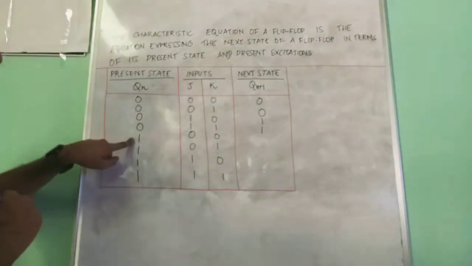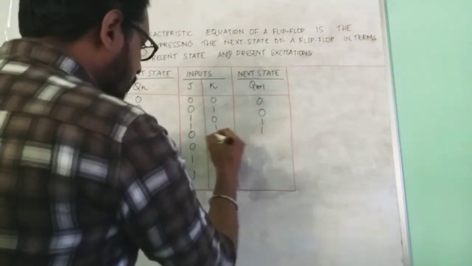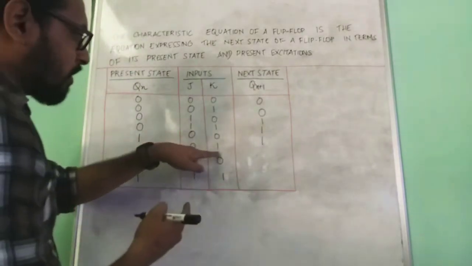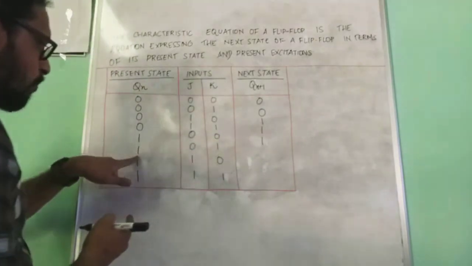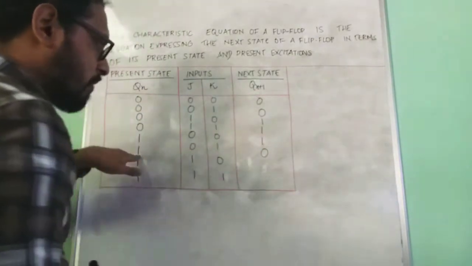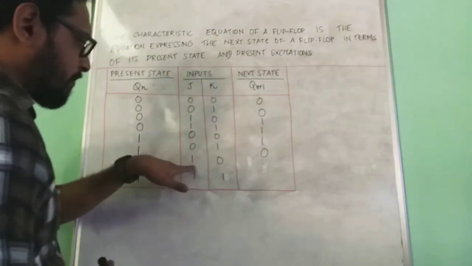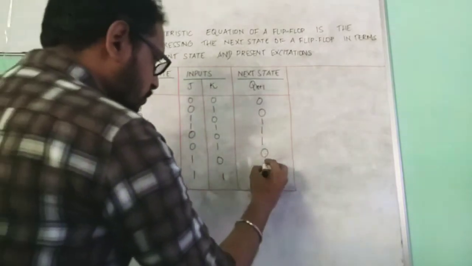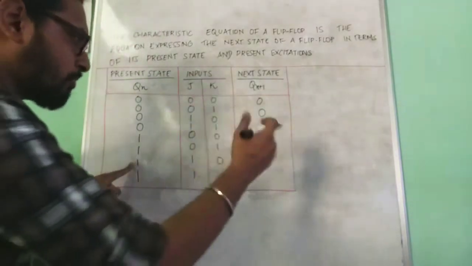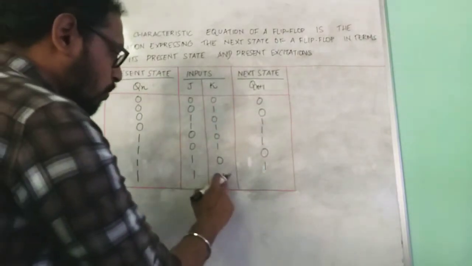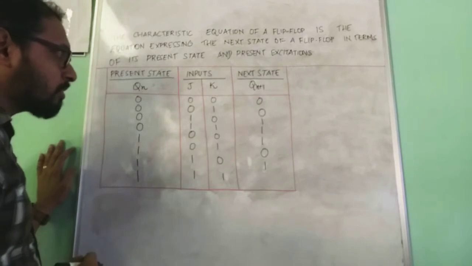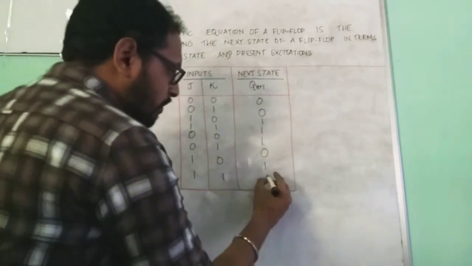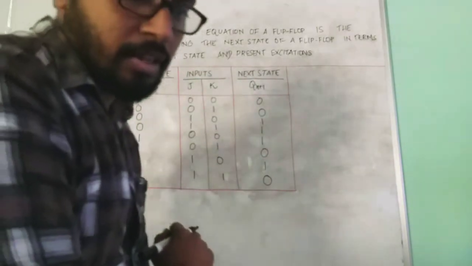And 0 0 no change. That is, the present state is 1, so we put 1 here. Okay, no change. Here we have 0 and 1, that is, reset is 1. Here we have value 1, so reset means we reset the value as 0. 1 0. Okay, here set condition, or the J condition, is 1, so it's already in one state, so the next state will also be 1. Here it's toggle condition, that is, J and K are equal to 1. Here the value of present state is 1, so what we need to do is convert it into 0.